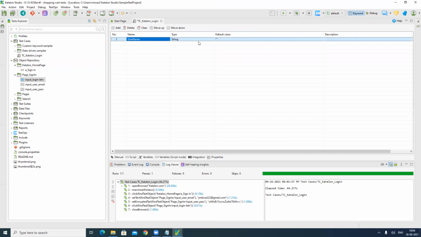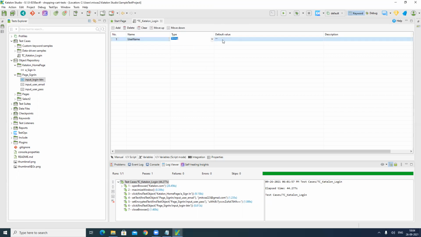What kind of value is it going to be? Here we can define the type of the value as well: a string, a number, a boolean, null, a global variable, or test data. You can define list, map, and properties. So different types of values that you can define for this particular variable.